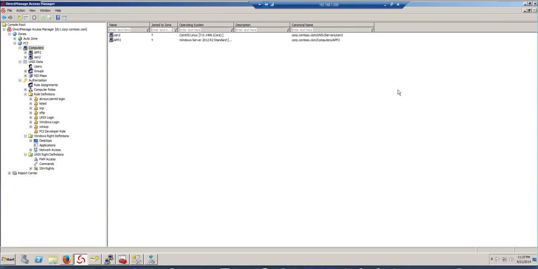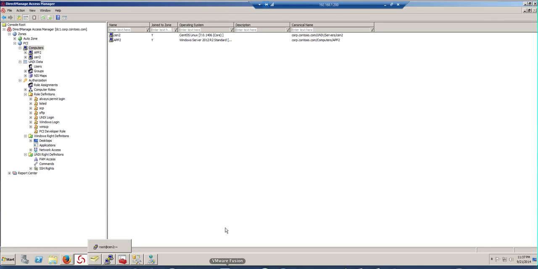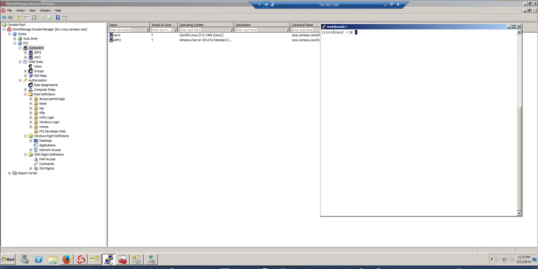Alright, let's go ahead and verify the challenge. As you can see, my two systems have been joined to the Centrify zone in Active Directory. The first set of tests that we're going to do is in Unix or Linux. In this particular case, we're going to take a look at the user. So if I do an AD query users,